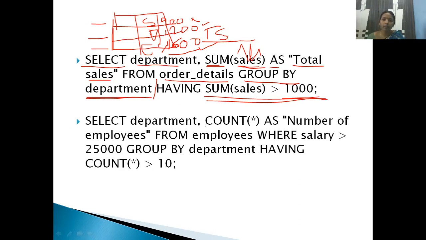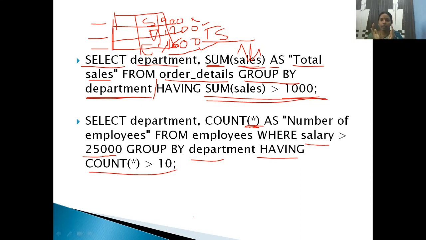Select department, count star. I want to count the unique values as number of employees from the employees table where salary is greater than 25,000. Group by department having count star is greater than 10. So think first what we are doing.